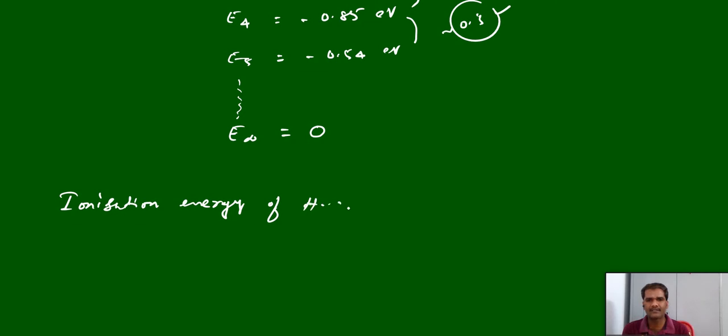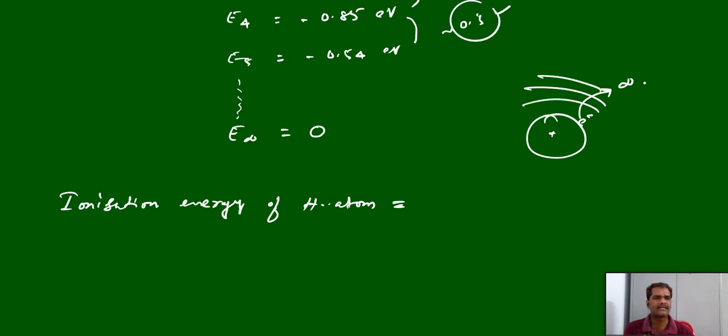If you take hydrogen atom, ionization energy means the energy required to remove the electron. In case of hydrogen, the electron is present in the first shell, and we have to remove this electron. We have to bring it out from the system to infinity. From the first shell we have to remove it; we have various shells, so many excited states, but we have to completely remove the electron from the hydrogen atom, completely to the infinity state.